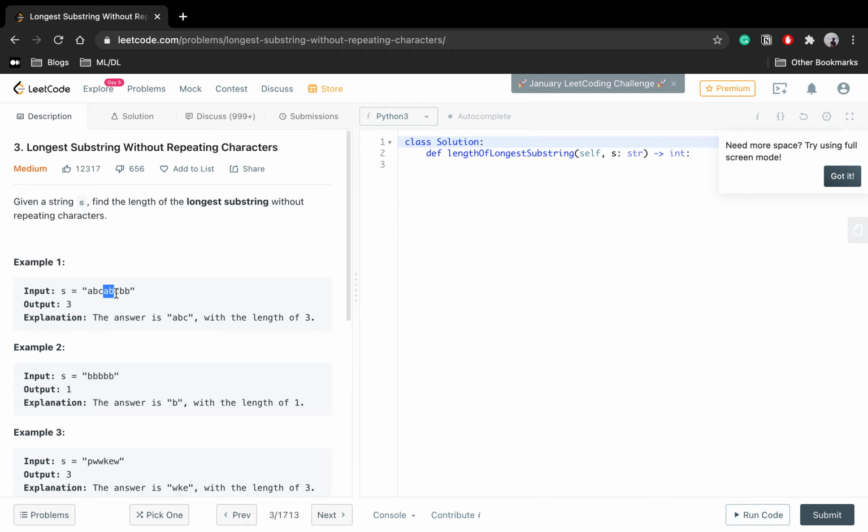So let's see this example. So this is not the longest substring, right? So we can check from B. Substring, I'm guessing, is the longest contiguous series of characters. So I don't need to form any combinations. So if this was D, then this would have been the longest. I see. I see. So actually, we just need to have